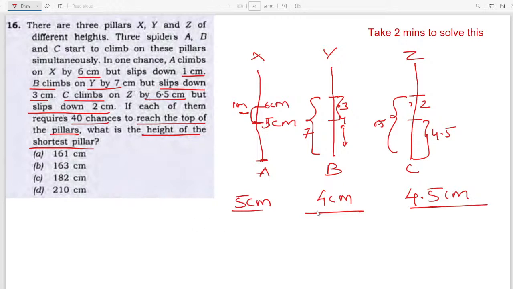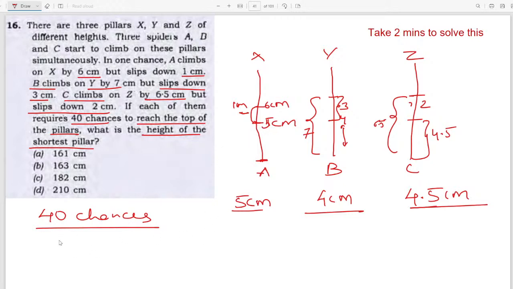So in all the 3, if we see here, they are telling that all these 3 take 40 chances. 40 chances to climb. So there is one catch here. What happens is this spider goes 6 centimeters and comes back 1 centimeter. So effectively, if it's taking 5 centimeters for every attempt, we have to just calculate till the last attempt,